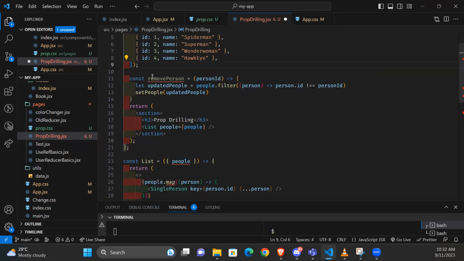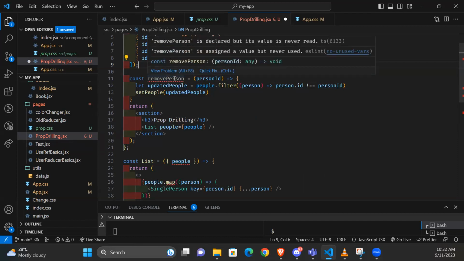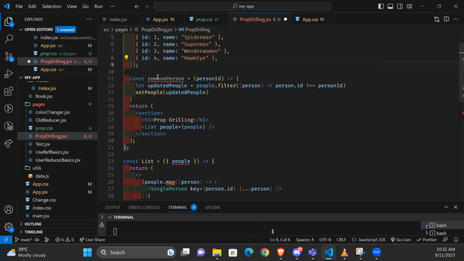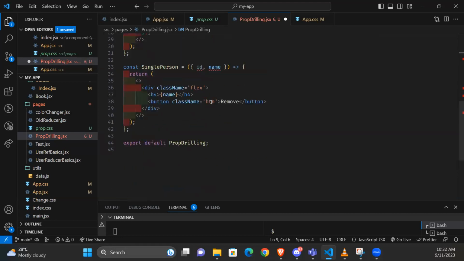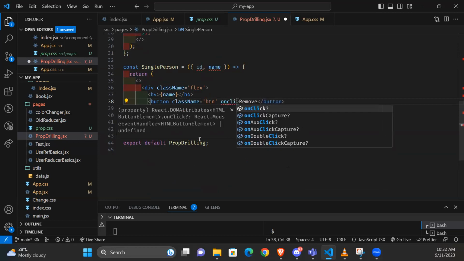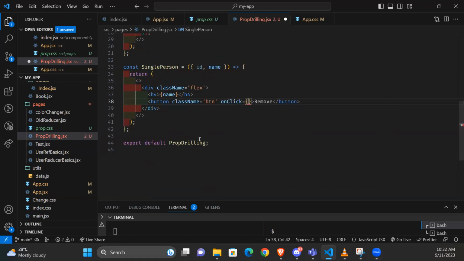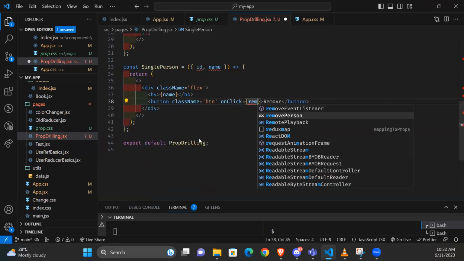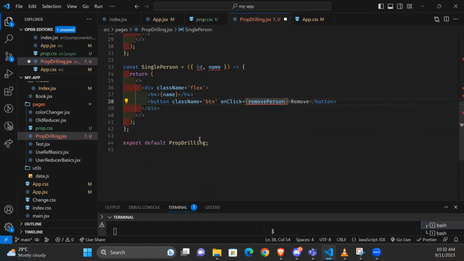All right, so now the problem we're having here is that we can actually filter people with this, but we're having an issue here. The issue is how do we get this remove person up to this point? And I simply just do on click, then we can add a function. I think we need to do remove, like a,